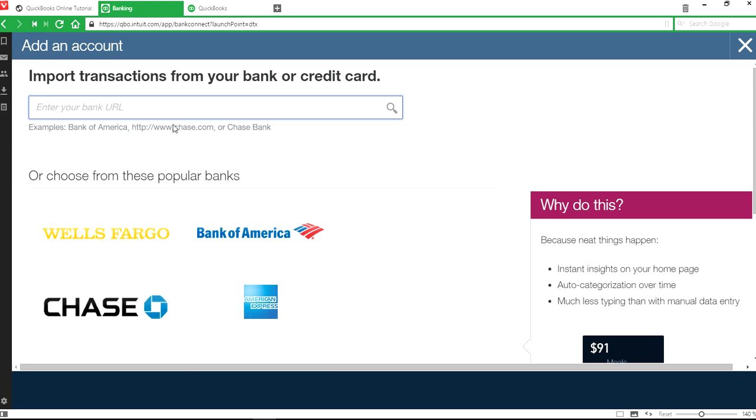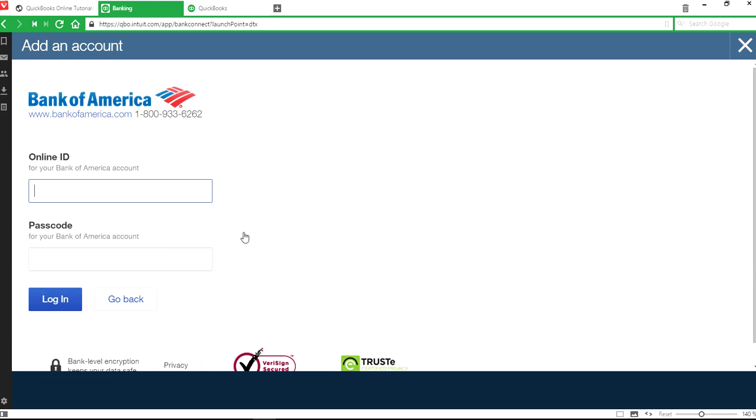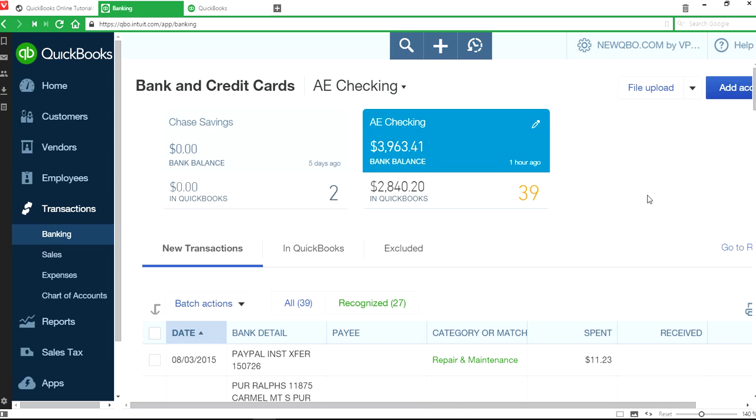Like, for example, chase.com. Just like this, you should have your own bank URL. Just paste it here and then click it, and you'll go through a login process like this. And this one is your bank login, not QuickBooks, so you should just log in the way you would log into your bank account, and then go through some steps, and it will ask you the account, generally the account you want to link this bank account to, and select the bank account in QuickBooks, and then it will